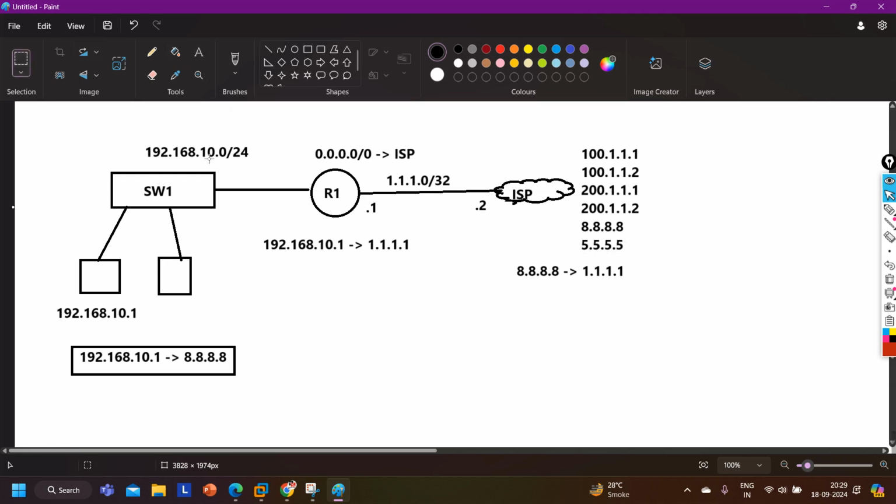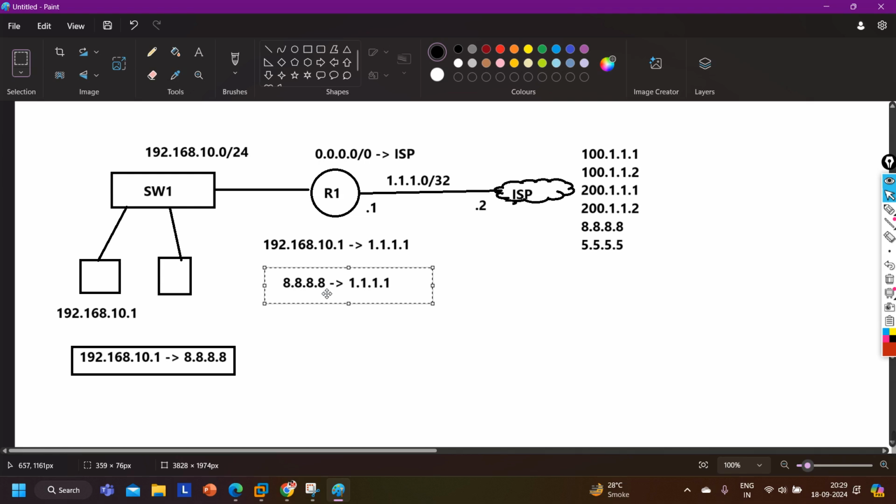Right? The ISP will forward it to router 1, and router 1 is maintaining a table that I have translated 192.168.10.1 into 1.1.1.1. So when it receives the reply, it will translate the destination. At the time of the request, the router translates the source. At the time of the reply, it translates the destination, right?